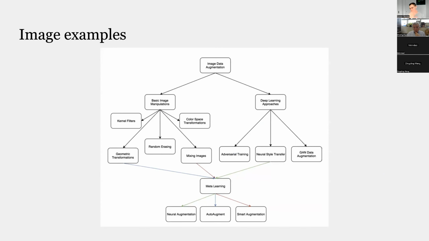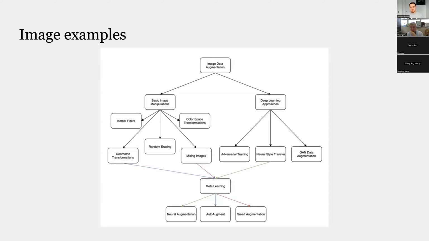So first I looked at all the examples out there of how people augment images to create a bigger data set in a label preserving way. I found these kernel filters where you, say, Gaussian blur an image, geometric transformations like rotating or flipping it, affine transformations where you multiply the pixel grid with some kind of transformation matrix, random erasing where you crop out grids from the picture, mixing images where you average the pixels of two images, and color space transformation, say you make it more red, more blue, brighter, darker, these kinds of things.